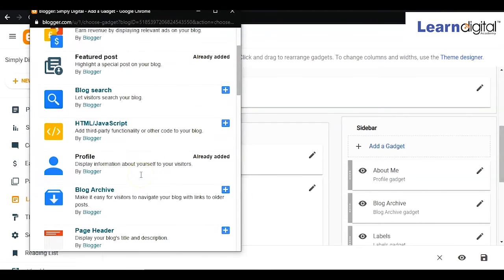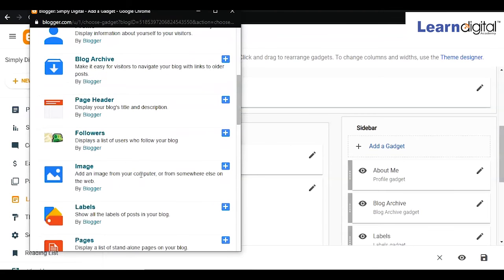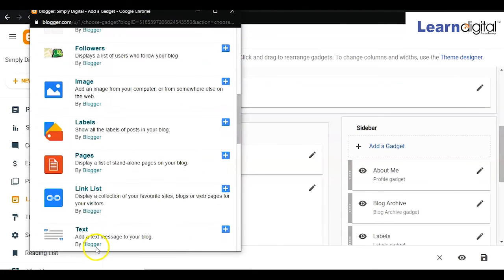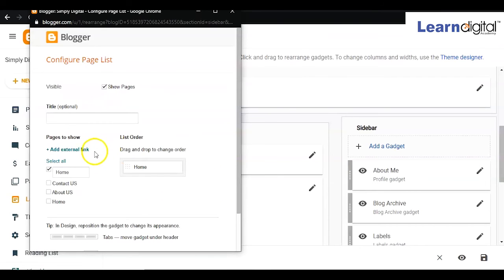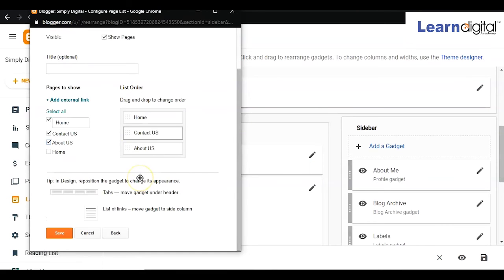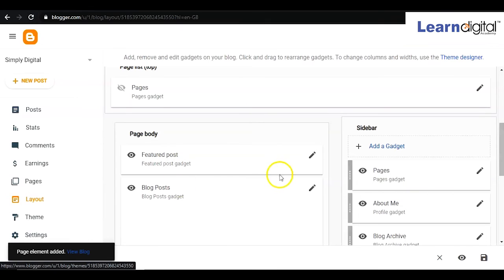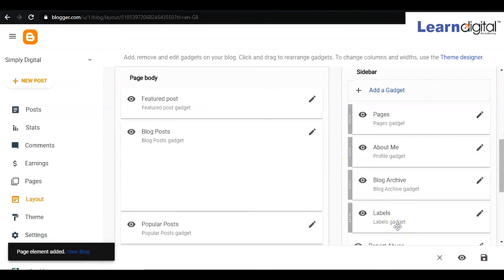So yes, you come over here and come to the page header or the pages. So you can come over here and just select. So again the same thing you will be doing, and after that click on save. Fine. So here we can see this has been added now.